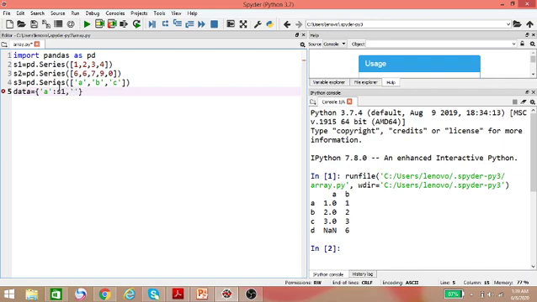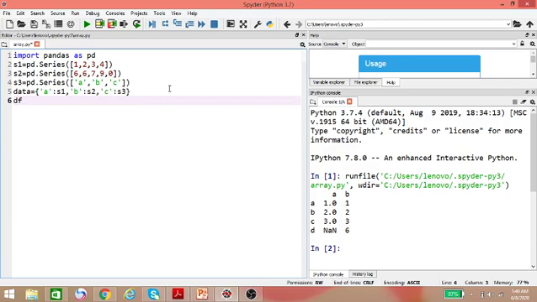In the second key value pair, to key B I am providing S2 series as the value, and to key C I am providing S3 as the value.